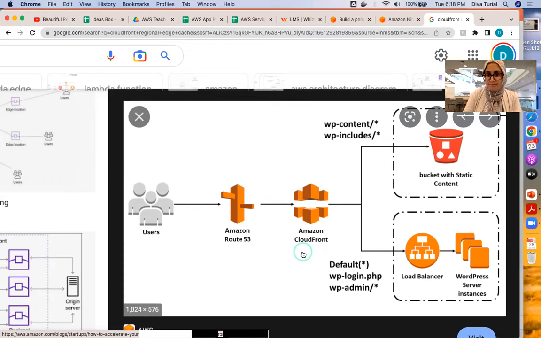So, for this one, if you can see in here, they have the content slash star. So anything that has this specific part at the end of a URL, for example, you might have a main URL like google.com and then this part attached at the end. If the URL has this specific part in there, then it's routed to an S3 bucket. But if it's a login thing, more of an interactive session, it goes through an EC2 instance,